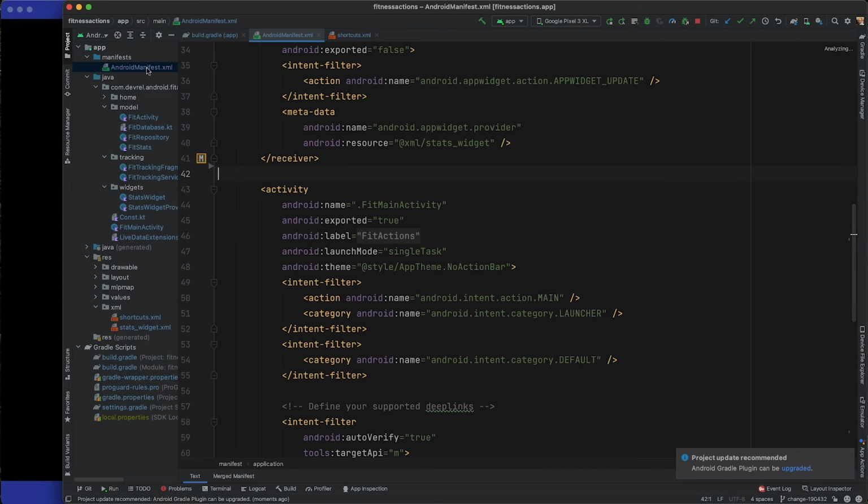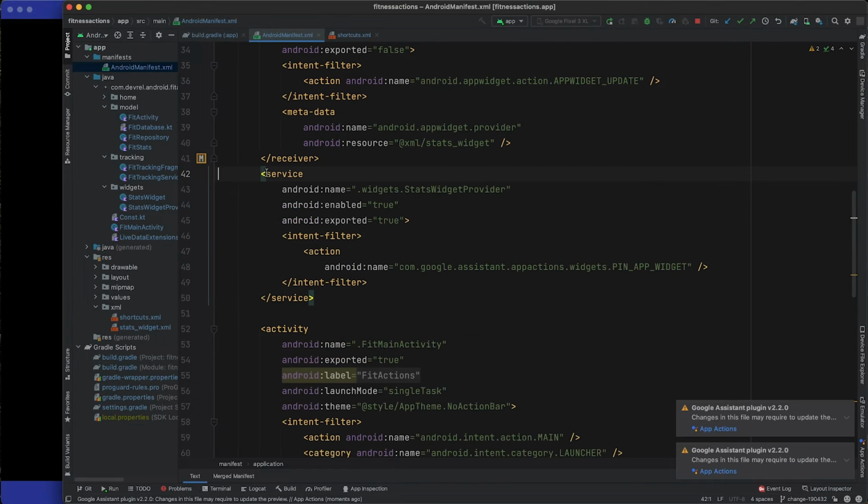Next, we head over to our Android manifest file in order to add a service for processing the widget request. A service is an application component that can perform long-running operations in the background. It does not provide a user interface. When widget fulfillment is triggered, Assistant sends a request to the app by way of this service. The service receives the request along with the BII, then uses that data to generate a remote views object that knows how to serialize the widget structure. Assistant uses the remote views object to render the widget within the Assistant app.